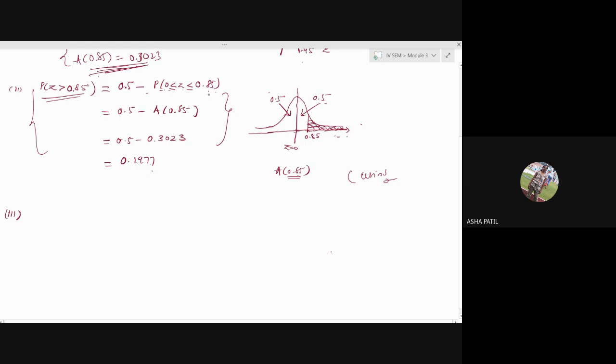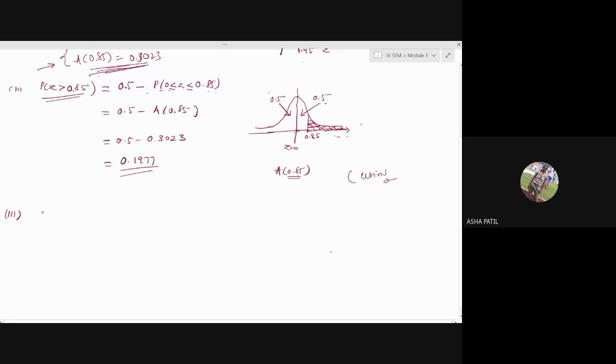But as I saw yesterday, if you go for the calculator, you will directly get this value, right? Yes, ma'am, you will get directly. So if this value is mentioned, you have to go this way only. Otherwise, usually 99% they will give the table value. So you should know whether to add, whether to subtract, what is to be done. Let me go for the next one.